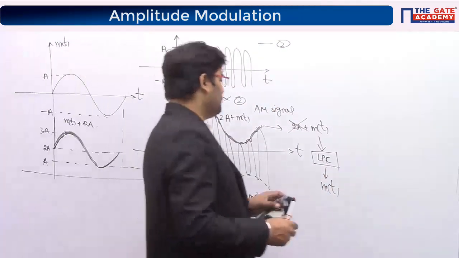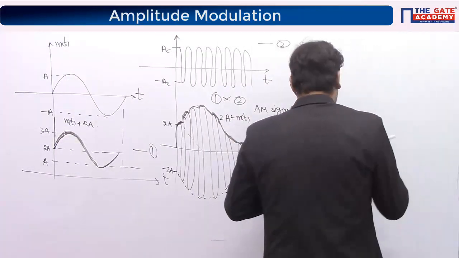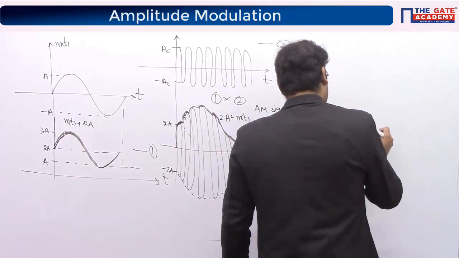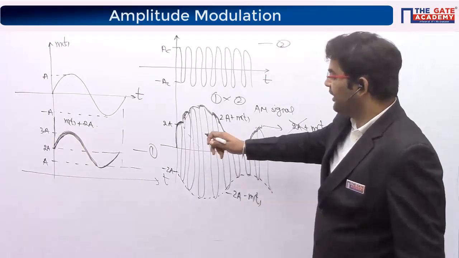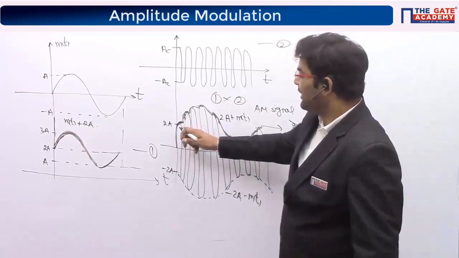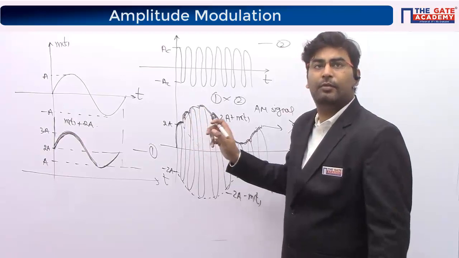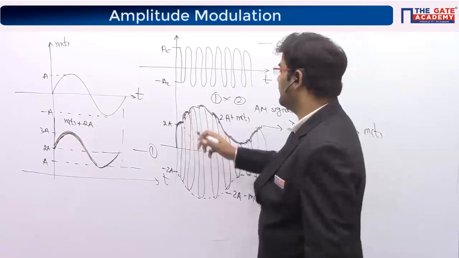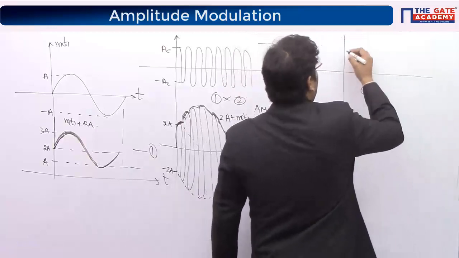Sorry, no need to pass through the low pass filter. You just block the DC term and you will get m(t). Now guys, you might be feeling that it has a lot of distortion. Right? I know. You might be feeling that it has a lot of distortion. But if you look at here, little big,